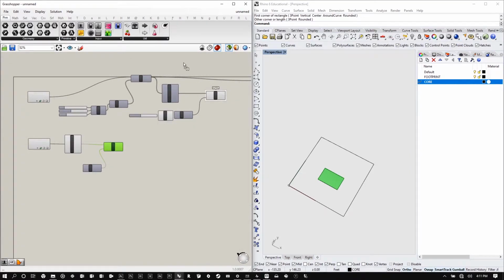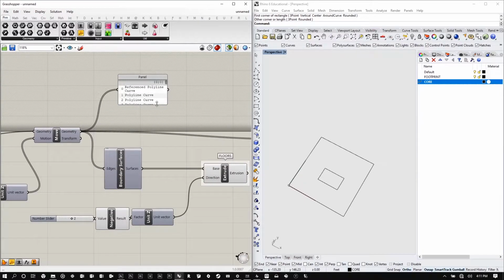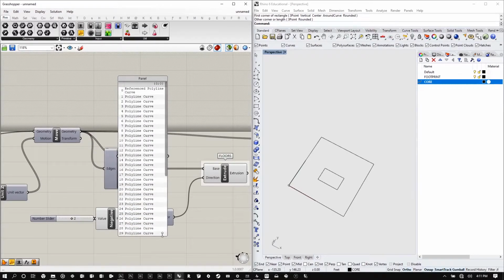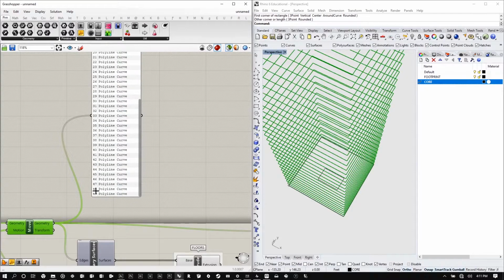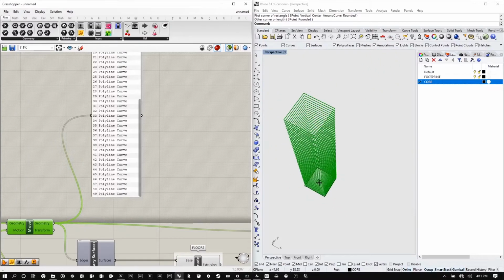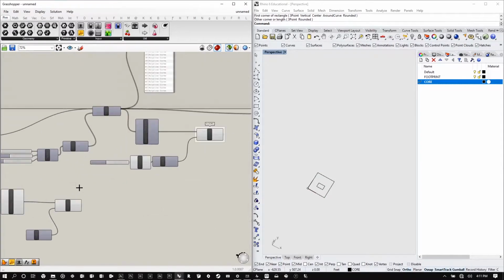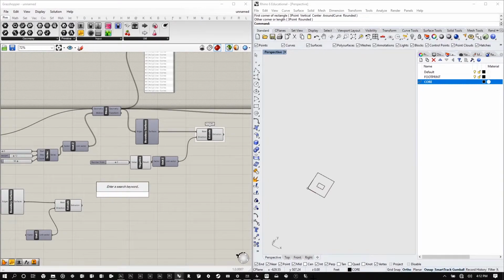So again, all of the information in Grasshopper is just data, right? It's data that you're basically just moving around and manipulating. So this list of curves here that represent my floors, the topmost floor is number 50, which is the 49th in the list, but it starts at 0. So the 50th curve, which is the topmost curve, I want the Z information or the height information from that curve. So what I'll do is tell Grasshopper, give me that curve alone, and then I'll get the area of the curve, right? So I'm going to type in what's called a list item,